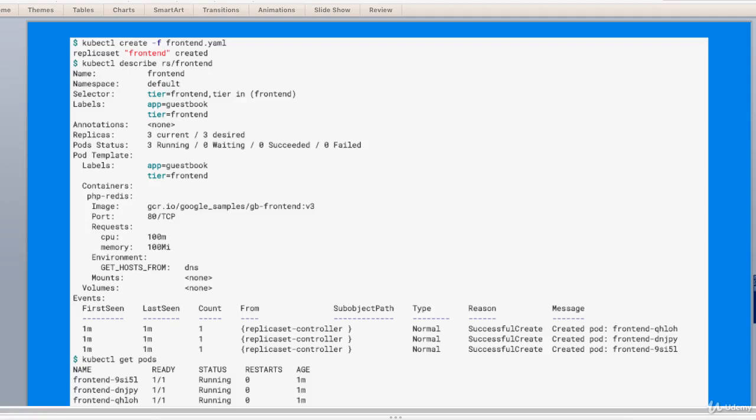In Kubernetes 1.9, the API version apps/v1 on the replica set kind is the current version and is enabled by default. The API version apps/v1beta2 is deprecated.